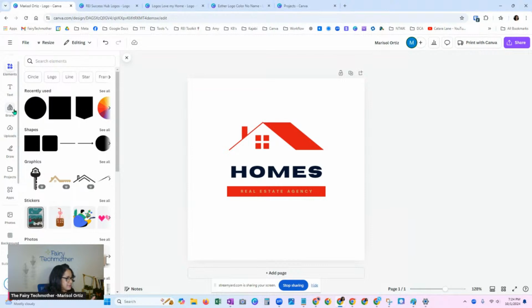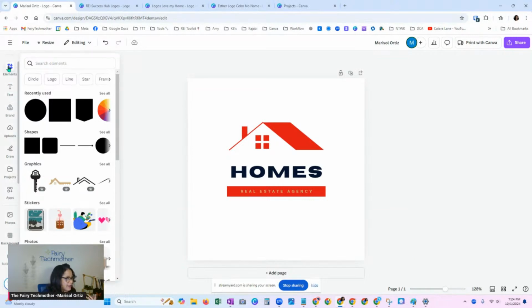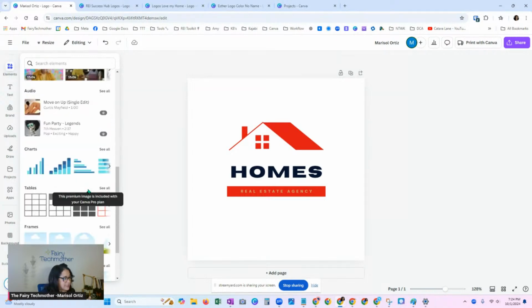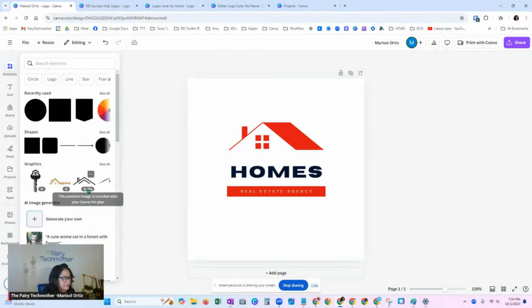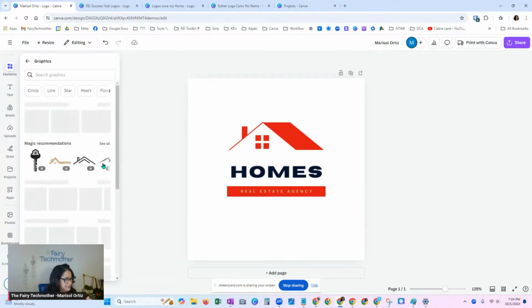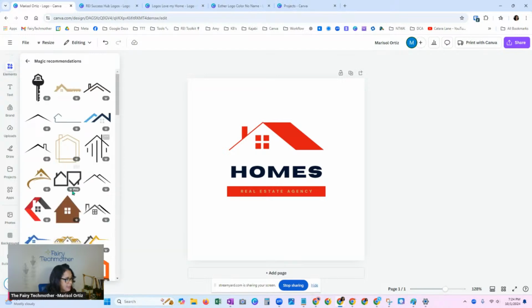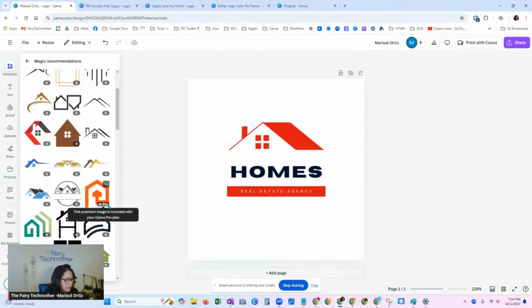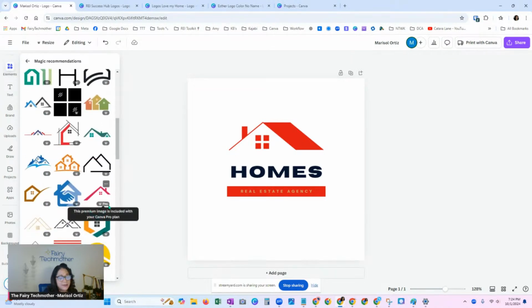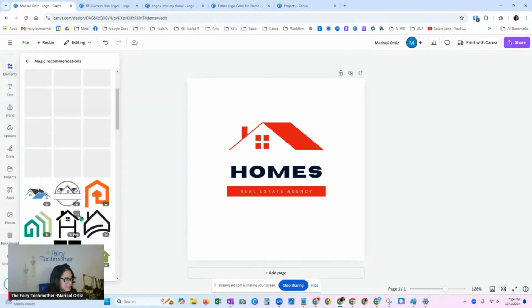So you can add elements. I'm going to click on the elements option again. That's one of my favorite things, because you have shapes, you have recently used, you have all these different graphics and stickers that they're recommending. They're going and they're trying to figure out what you're creating to give you more ideas of what might be useful for you. So obviously they see that I clicked on real estate stuff. So they're putting other items in here. There's keys and other shapes of roofs and houses. So you can go in here. I can spend hours in here, girls. I just love it.